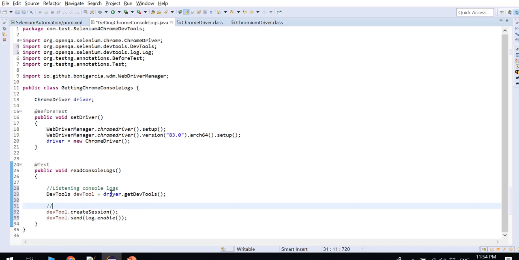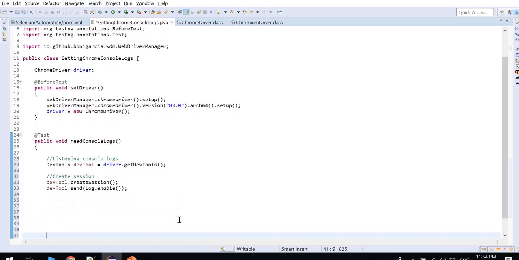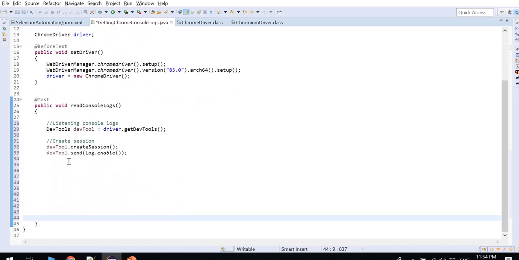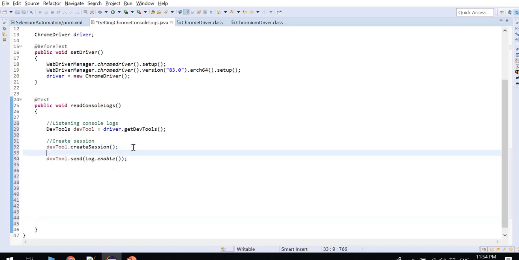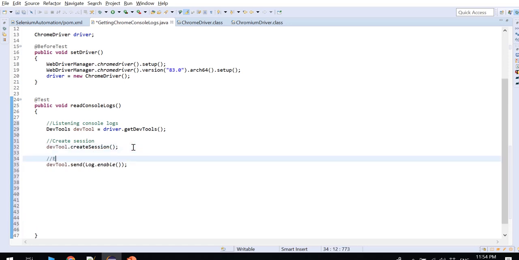Now visibility is good. So this is for creating the session, and this is for enabling the logs.